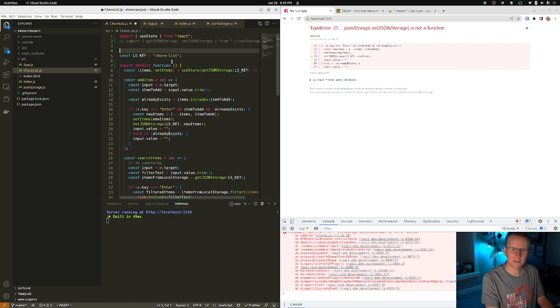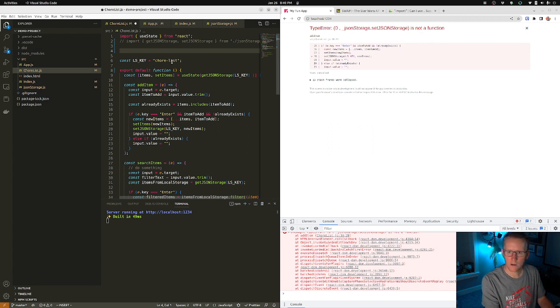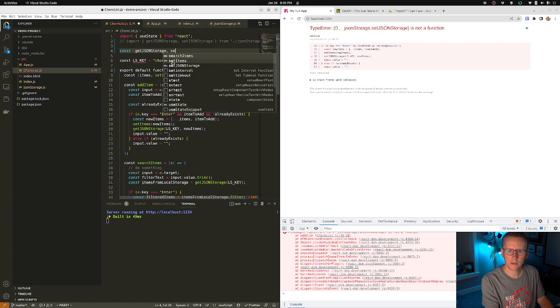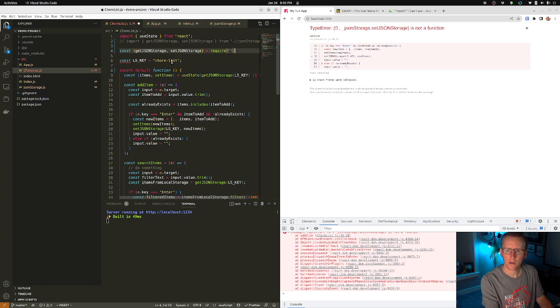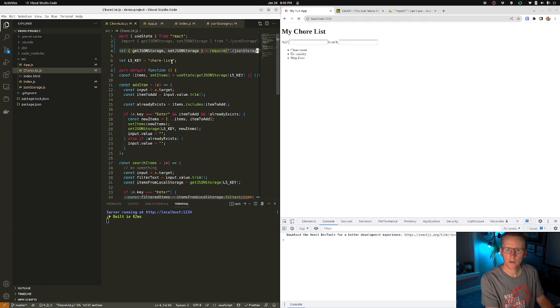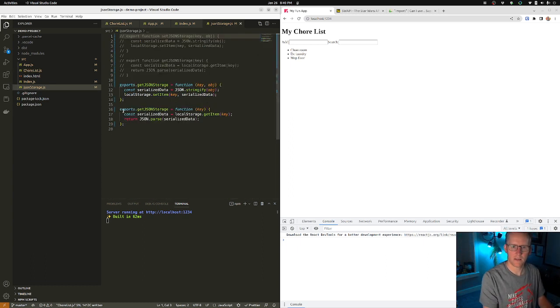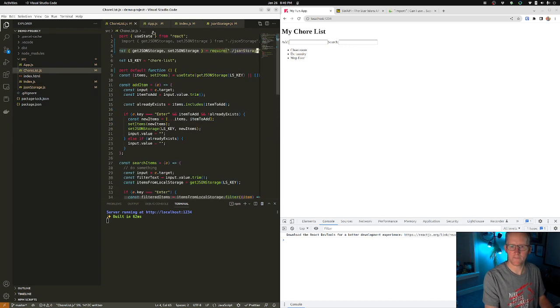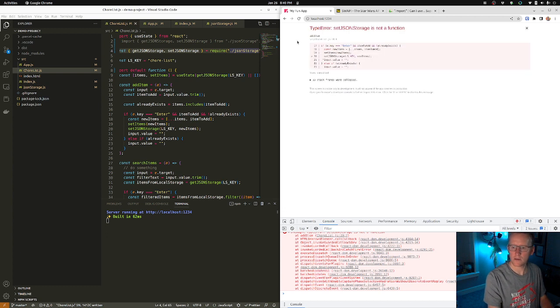So if you do this instead, const getJSON setJSON equals require, then let's do JSON storage. Okay, then that knows how to go and get this type of export. Now let's make sure this works again. Okay, worked, but